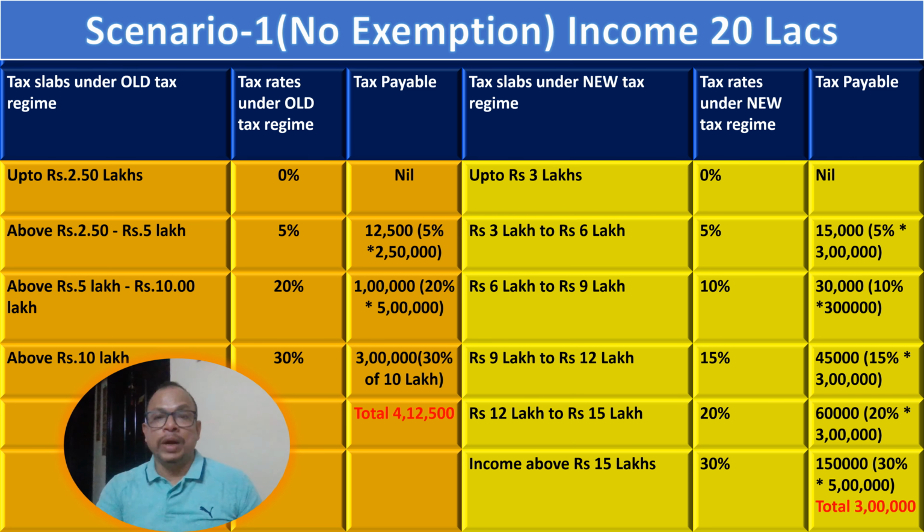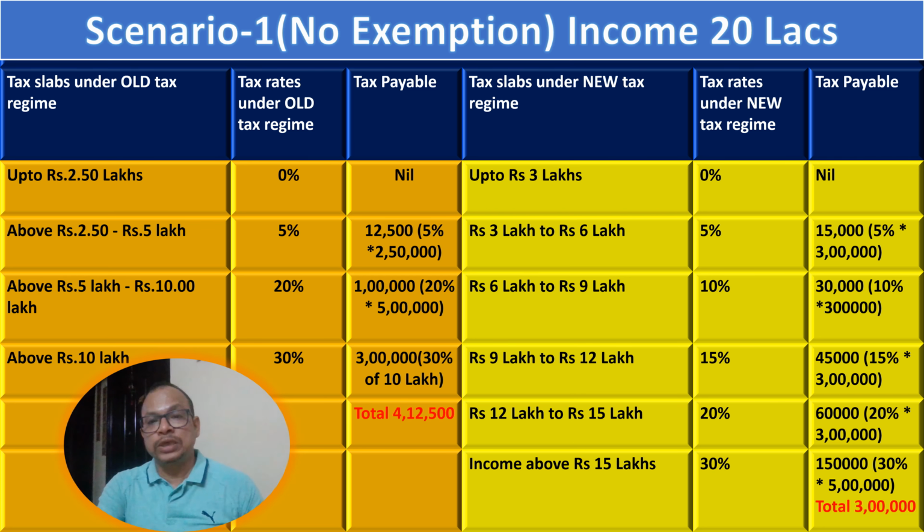Then what is the effect on the new tax regime? Under the new tax regime up to 3 lakhs it is nil, 3 to 6 lakhs it is 5%. So that means the tax payable is 15,000. Then 6 to 9 lakhs it is 10%, the tax payable is 30,000, that means 10% on 3 lakhs, and 9 to 12 lakhs also